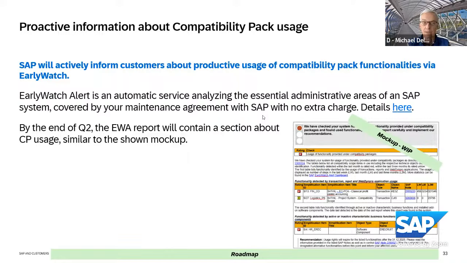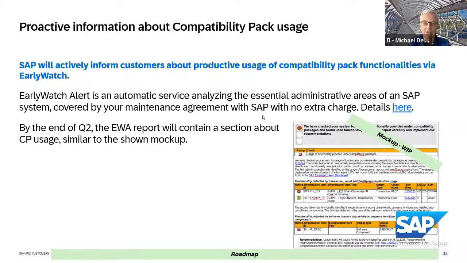There's something we are really proud of. We can announce that SAP will give you proactive information about compatibility usage. We've been speaking a lot with our colleagues in order to find out in which way we could do this best, and we found a solution in the EarlyWatch Alert report. This is a service which is given by SAP to all of its maintenance customers. So any customer who has a maintenance agreement with SAP will get this information, and we will add a section here which will probably look like this work-in-progress version here,